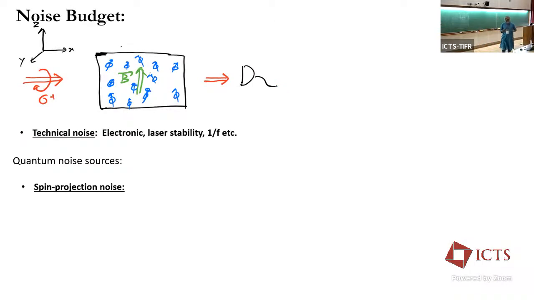Now, if you start making, as an experimentalist, the noise budget, you see first and foremost the spin projection noise I just talked about, the fact that there is always an uncertainty in Fy and Fz. But before seeing those things, your experiment needs to be stable. All the technical noises are well understood and under control. And then these quantum noise sources come in, and we talked about the spin projection noise.